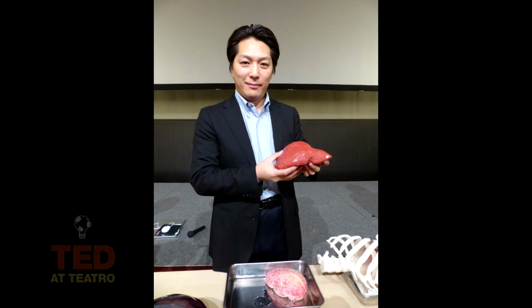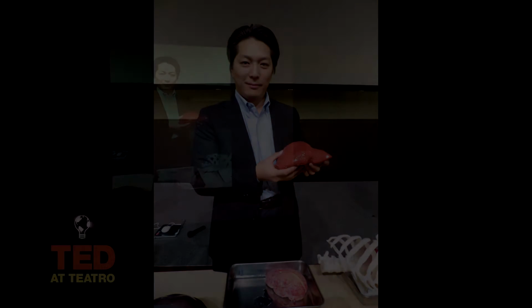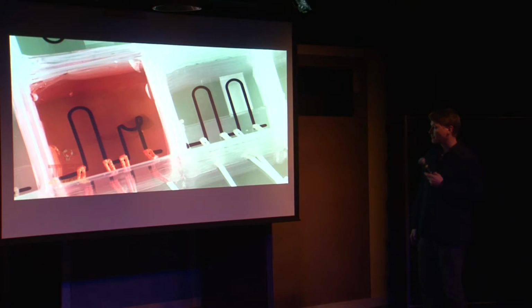This is 3D printed spinal column and vertebrate. If we can get that to work, I mean, wouldn't that be an incredible breakthrough for people who don't have use of all of their limbs? This is liver, and this might seem like science fiction, like McAfee was talking about, but people are working in all industries. This is organ on a chip.